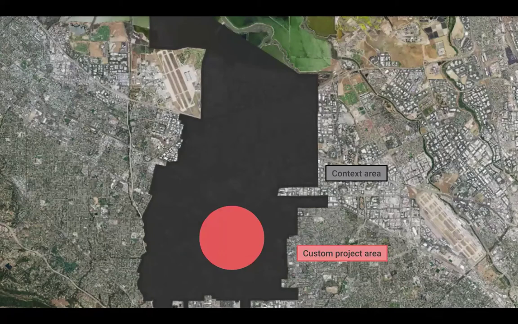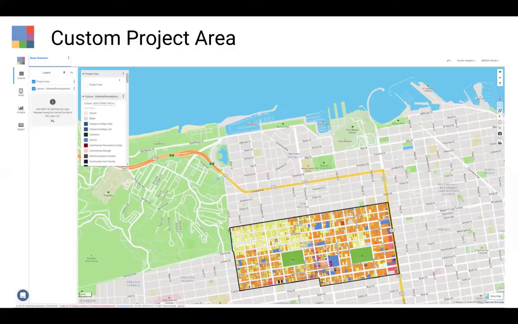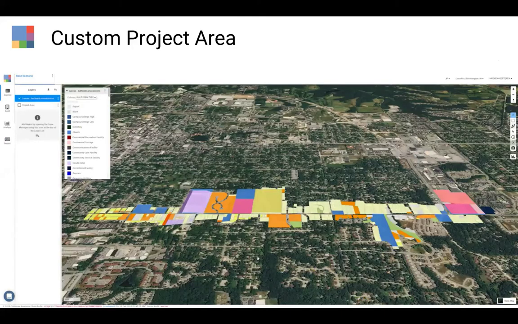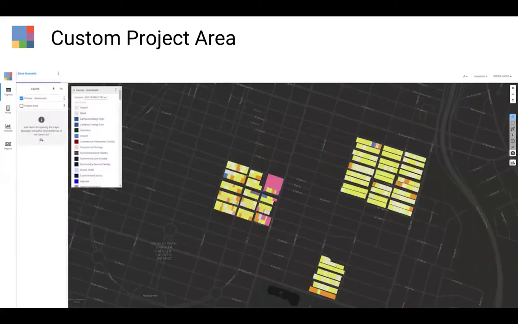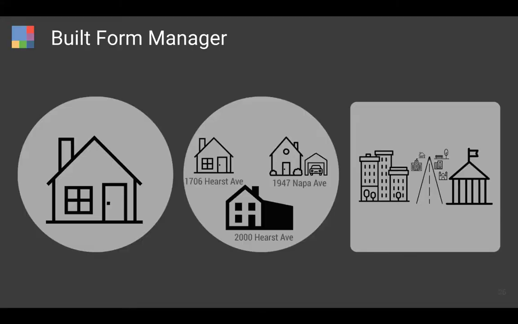So this is an example of a station area project with the city of Sunnyvale, California as the context area. Here's an example of a neighborhood scale project. This is the Pacific Heights neighborhood in San Francisco, California. Example of a corridor project from Bloomington, Indiana. Here's an example of a redevelopment project of the East Town Mall in Madison, Wisconsin. And note that you can even create projects with multiple study areas, like this example from Savannah, Georgia. Now that we have a project,